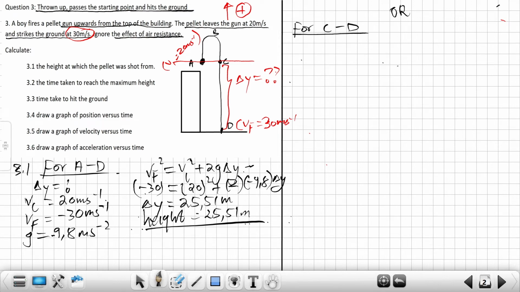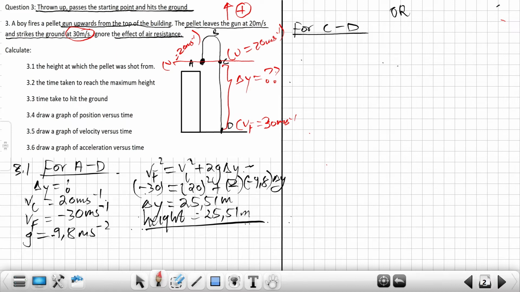Due to symmetry, I know that I have my V here at C, which is also equal to 20 meters per second. That is from symmetry, which we explained in detail in the videos why it should be 20 meters per second. So if you check for CD, I already have the same data,